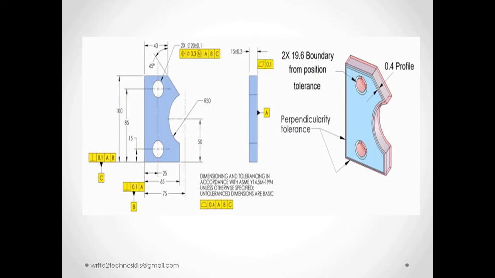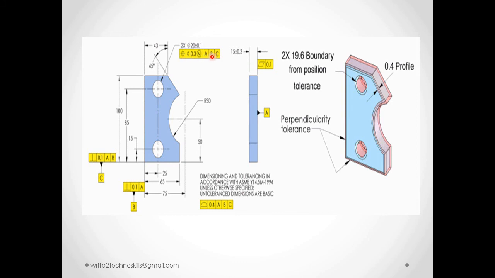So we'll see an example of a GD&T drawing. This is a simple GD&T drawing which comprises a component which has a few features. Two holes are there, so this is one feature, as well as we have the planes. We have a slot here, but that is not a geometrical feature. This is a radius. So on the right side, we'll be seeing the feature control frame.